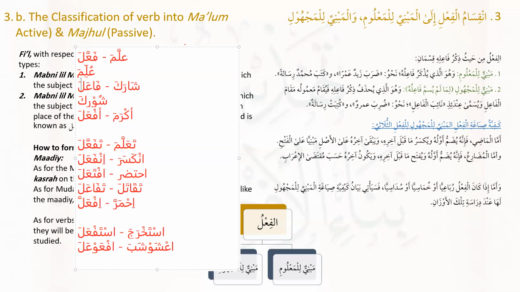Now what happened was you naturally converted this alif into a waw because you were compelled to do so because of the dhamma that the sheen has. The dhamma is not compatible with the alif, so you have to convert the alif into waw. طيب ممتاز. Now this one is an easy one.